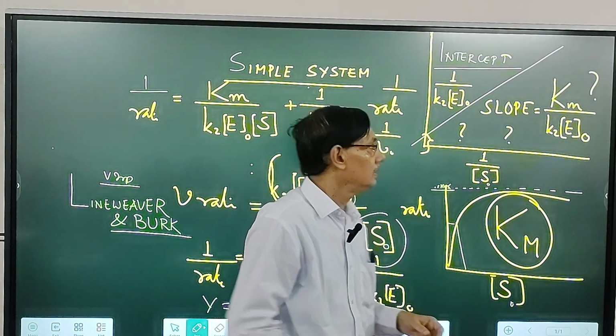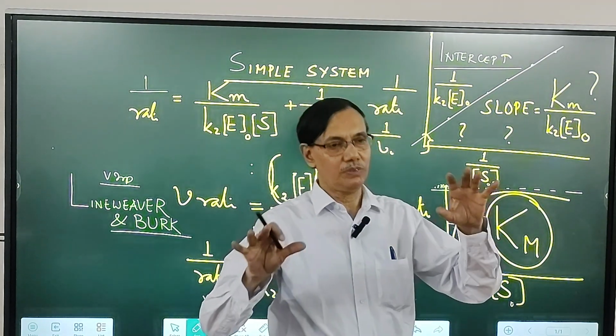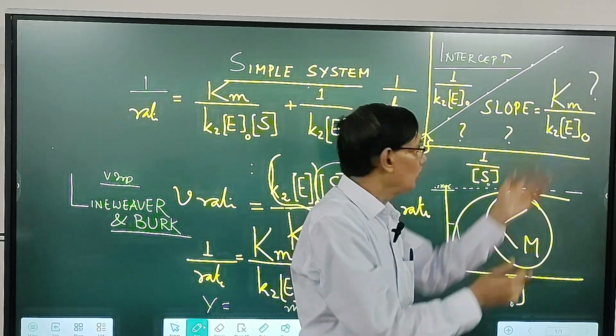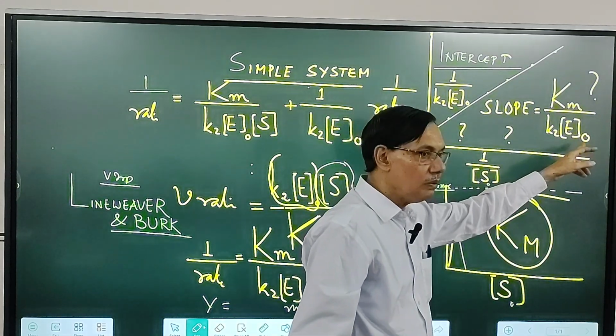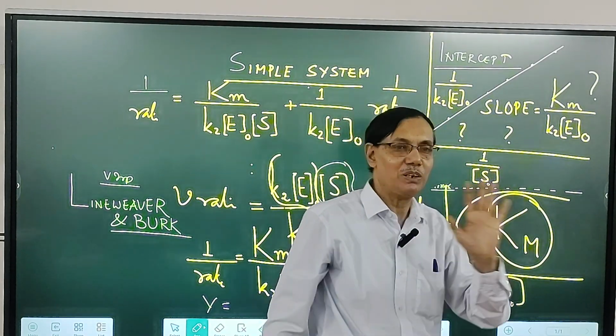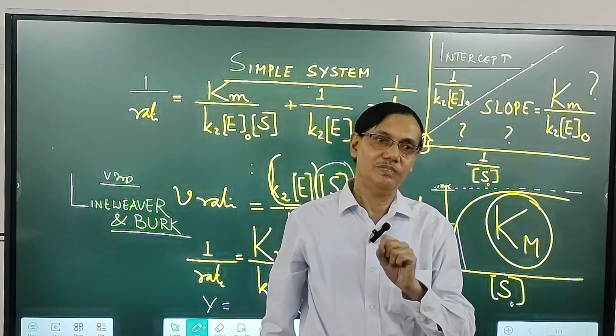Different substrates you have taken, you are getting 5 points, and with the help of computer you are getting some slope value, and slope value is equal to Km divided by K2 E0, and intercept value 1 by K2 E0. So my simple question is that,